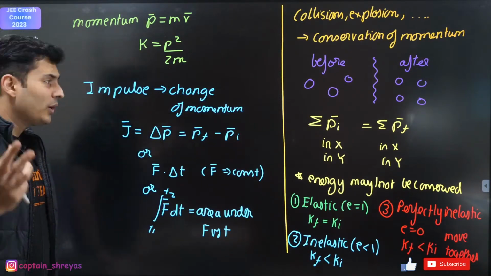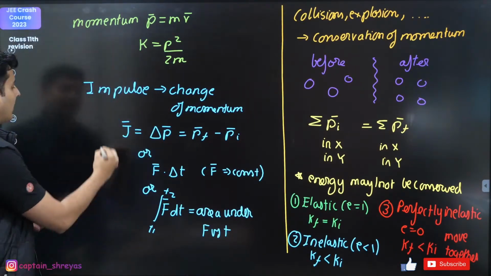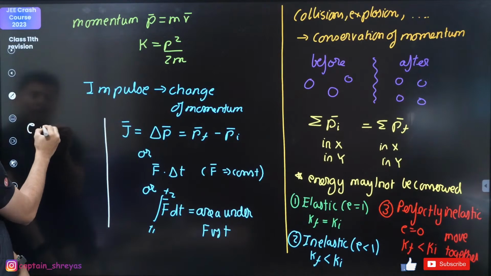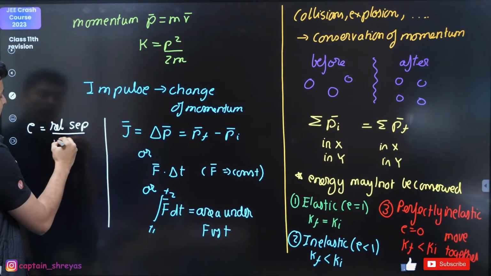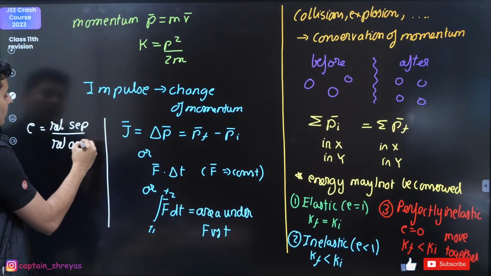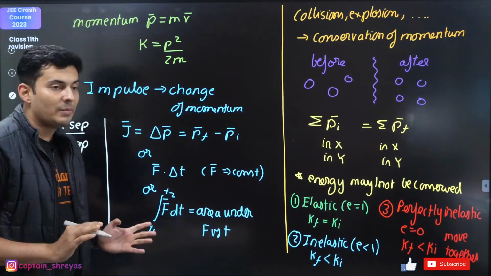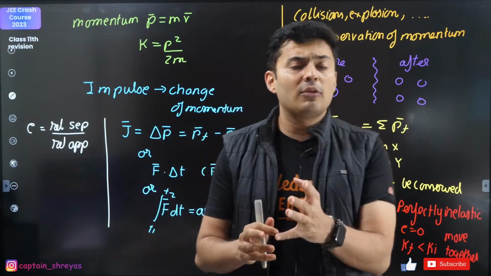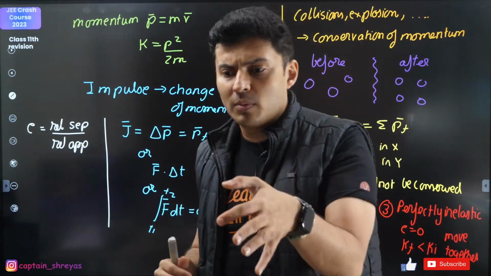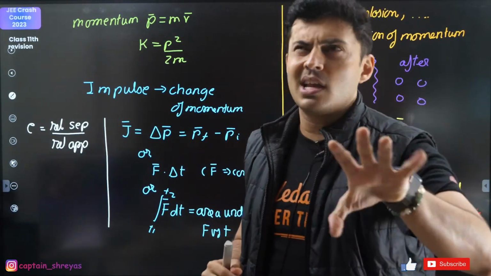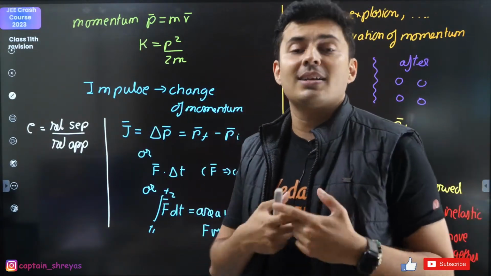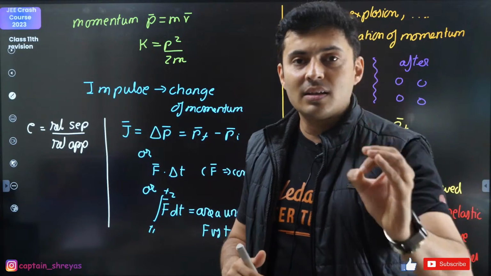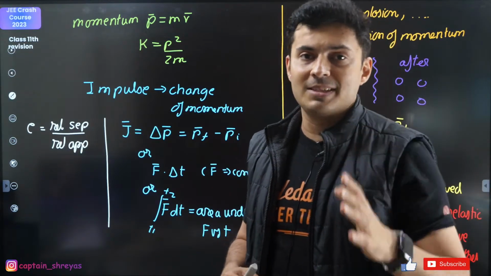What is this coefficient of restitution, somebody might ask? The coefficient of restitution is the relative speed of separation upon the relative speed of approach. That's what you need to keep in mind. If you try to remember the formula, v2 minus v1 upon u2 minus u1 with the negative sign, or u1 minus u2, what was it, sir? Who was u1? What is the direction? 100% that is going to cause a lot of silly mistakes.